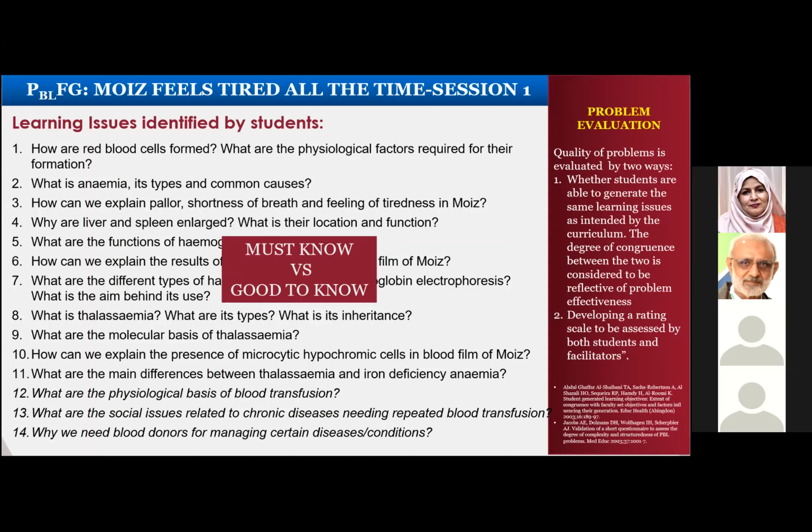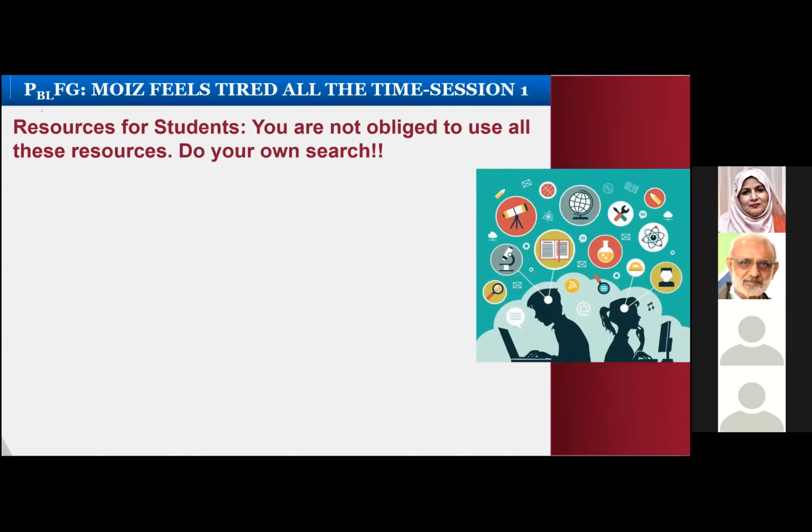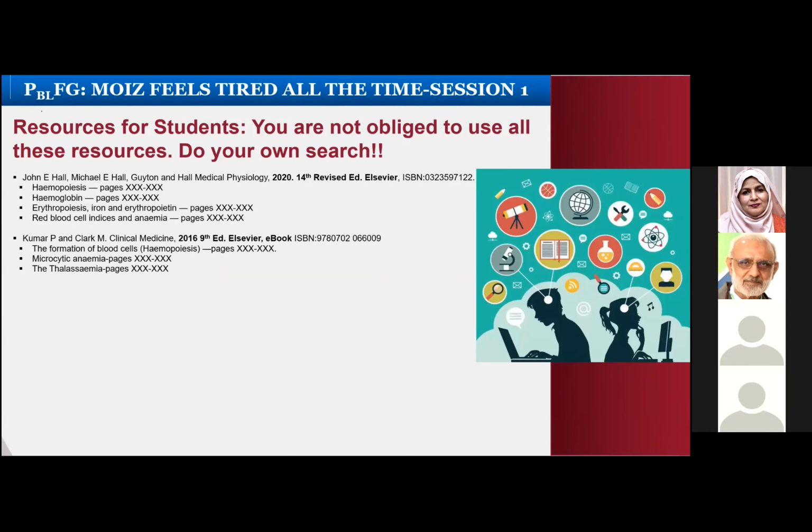good to know topics. So that means that the work has been divided, it has been made less, but that does not mean that the basic knowledge for all the subjects is not covered by each and every student. Then the resources for the students, the books. You will see that the books we normally prescribe are those which are also the prescribed book for that subject.